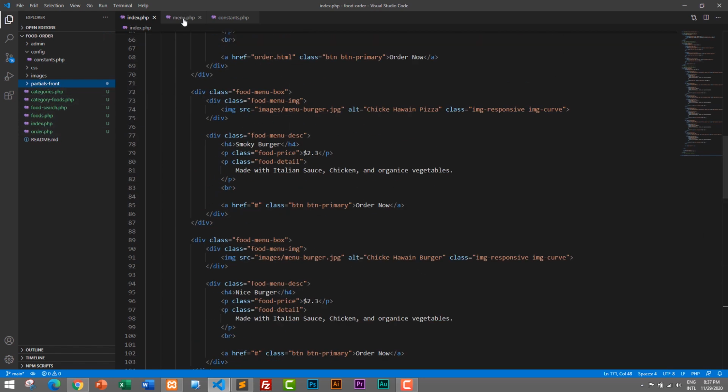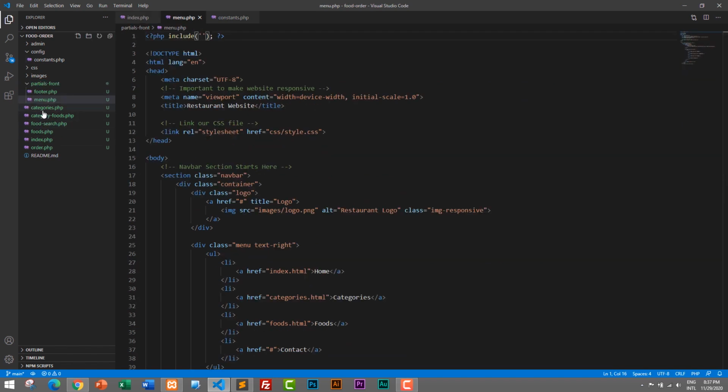So if we want to go to constants.php, first we need to go inside the folder. We do not need to get out of the partials-front folder, because we are on these pages. So let's go to config, config, and then